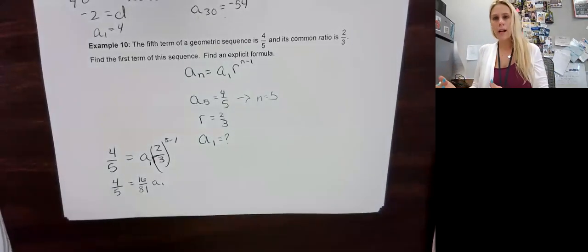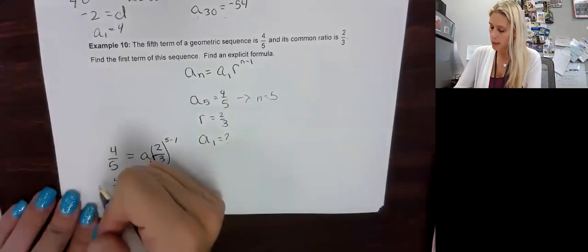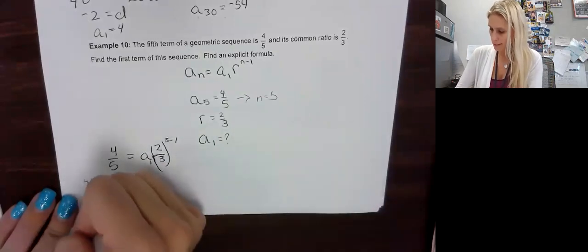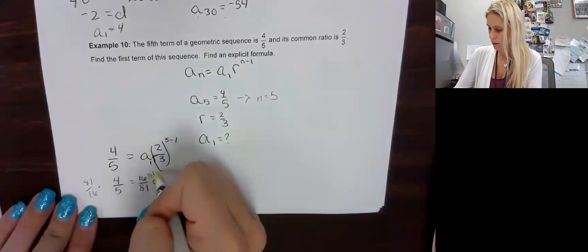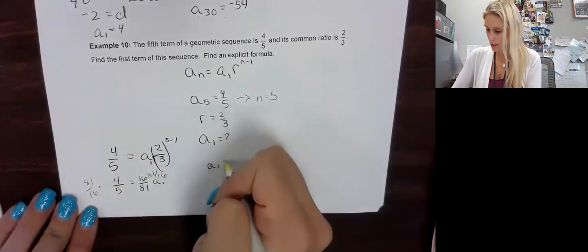How do you get rid of a fraction? We multiply by the reciprocal. So I'm going to multiply each side by 81/16. What happens is we get that a subset 1 equals